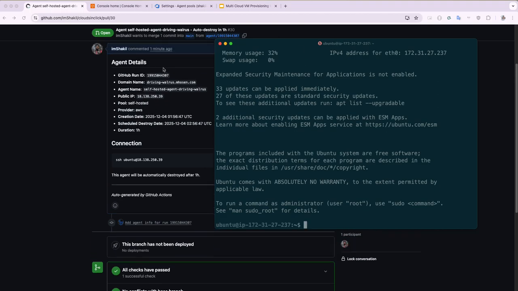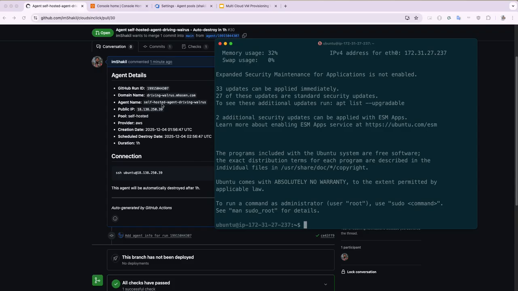Since this is assigned with a domain, right? Let's try to install nginx and see if